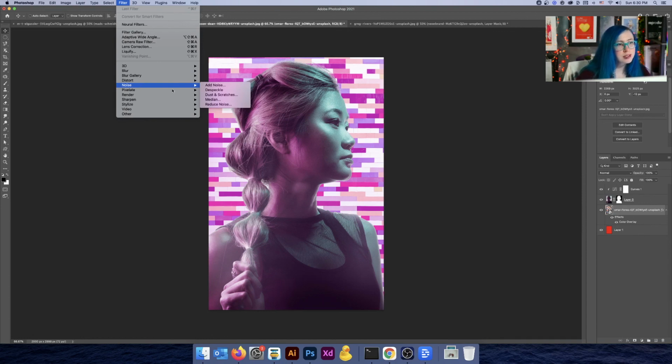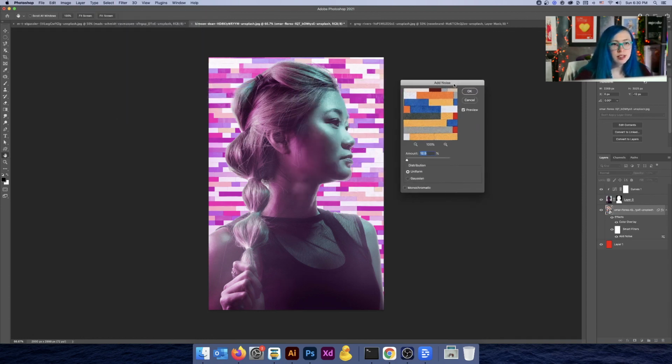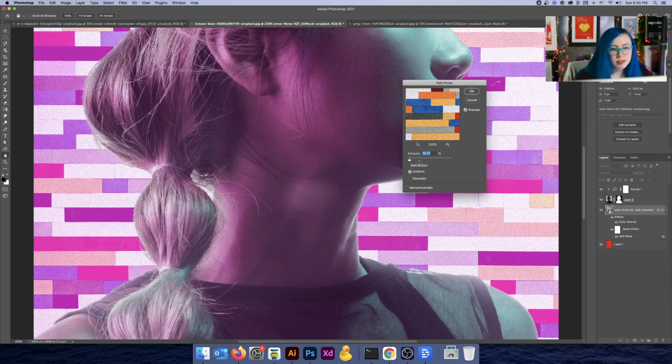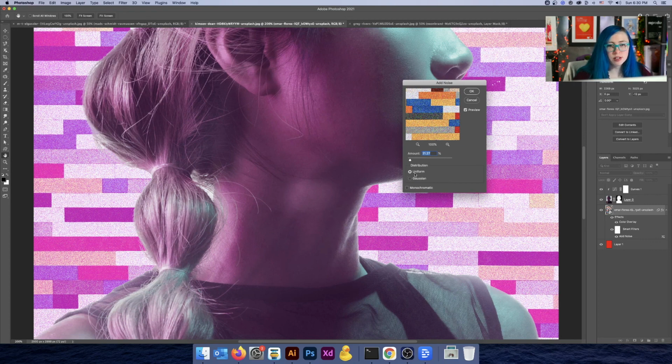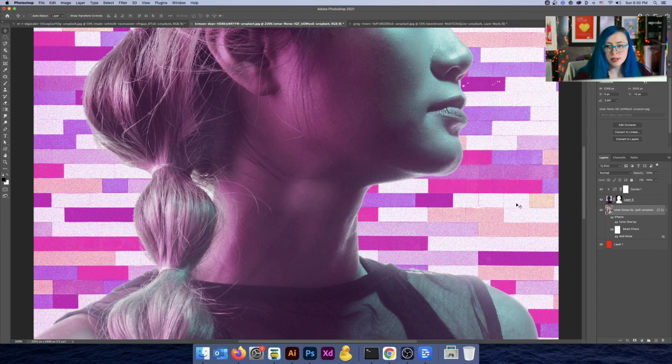Let's try noise. Let's add noise and let's see how much we get. Maybe not that much, but let's zoom in here and take a look at how this is going. We'll add a little bit of noise, and we could do Gaussian or uniform. I like the look of uniform a little bit better. Just reduce it and hit OK.